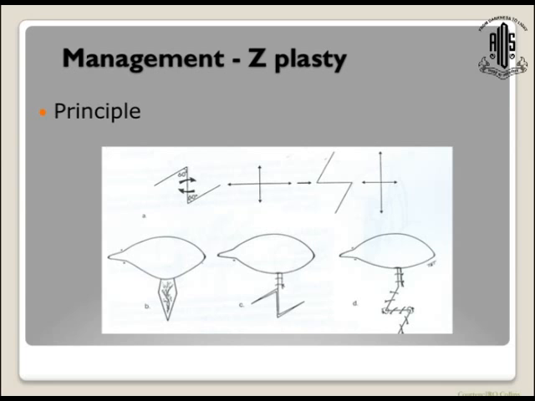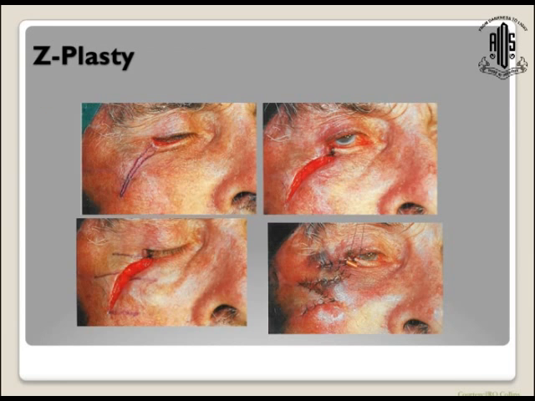However, we just go through the principle of Z-plasty. What it does is it elongates the line where your scarring is. So if your scarring is between point A and point B over here, once you make a Z with the arms of the Z at 60 degrees to that line of scarring and transpose this flap downwards and this flap upwards, you would have elongated that line of scarring, as you can see over here. And that is how it helps in the correction of ectropion.